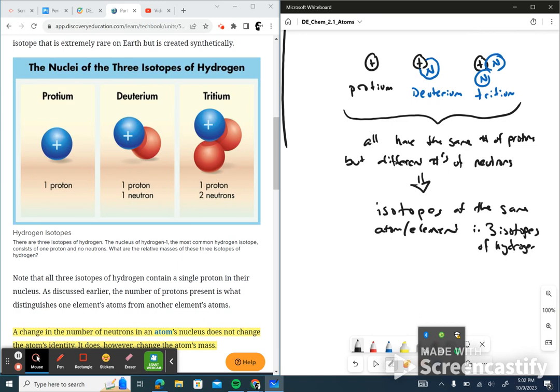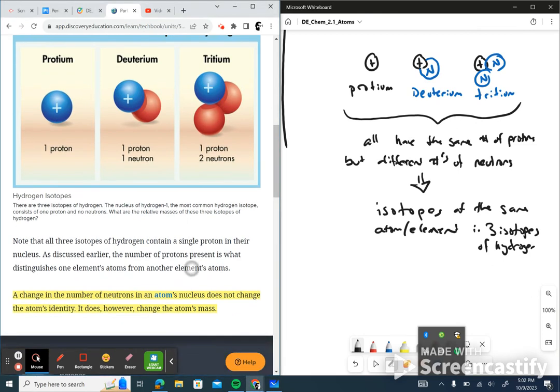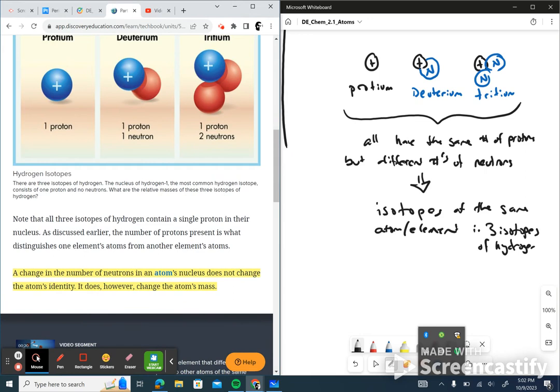Okay. Not talking about charge at all. Not talking about anions or cations. Not talking about an excess or fewer electrons. We're simply talking about protons versus neutrons. Okay, and that's kind of it, really. Oh, just a little side note here. Stable atoms usually have equal numbers of protons